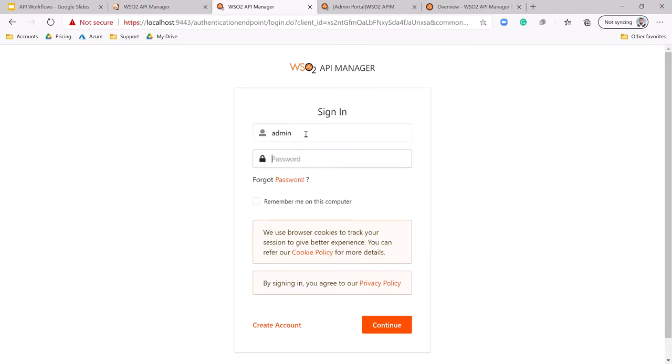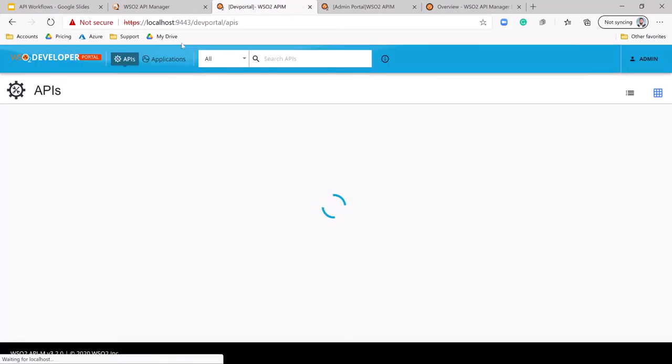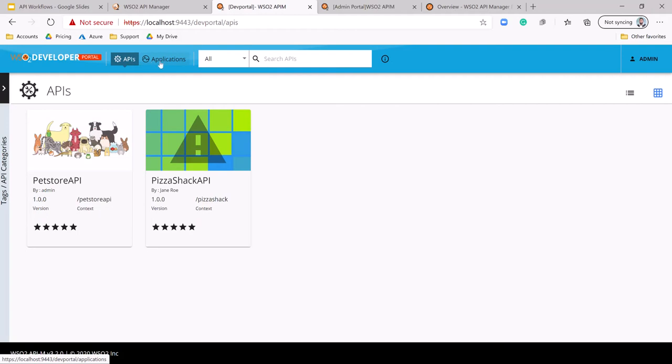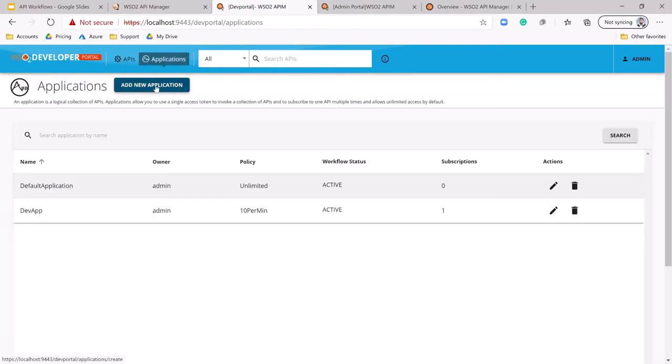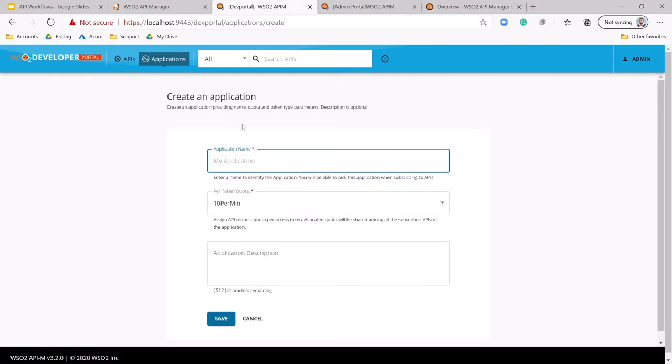using my username. And I'm going to create a new application as usual by going into applications tab. Let me say add new application, give it a name and say save.